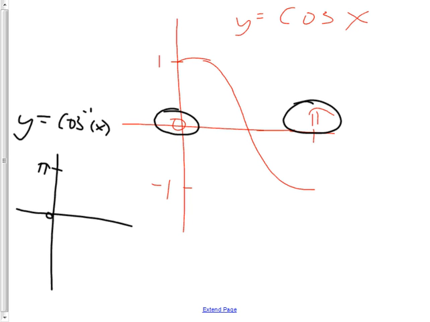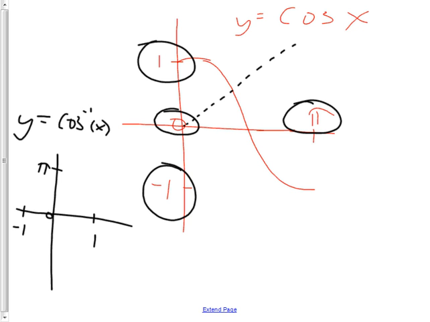And its domain here has to come from the range of the other one. The range of this one was from 1 to negative 1. Negative 1 to 1. And then to actually make the picture, this one gets weird, because you flip it over this line, and it kind of goes